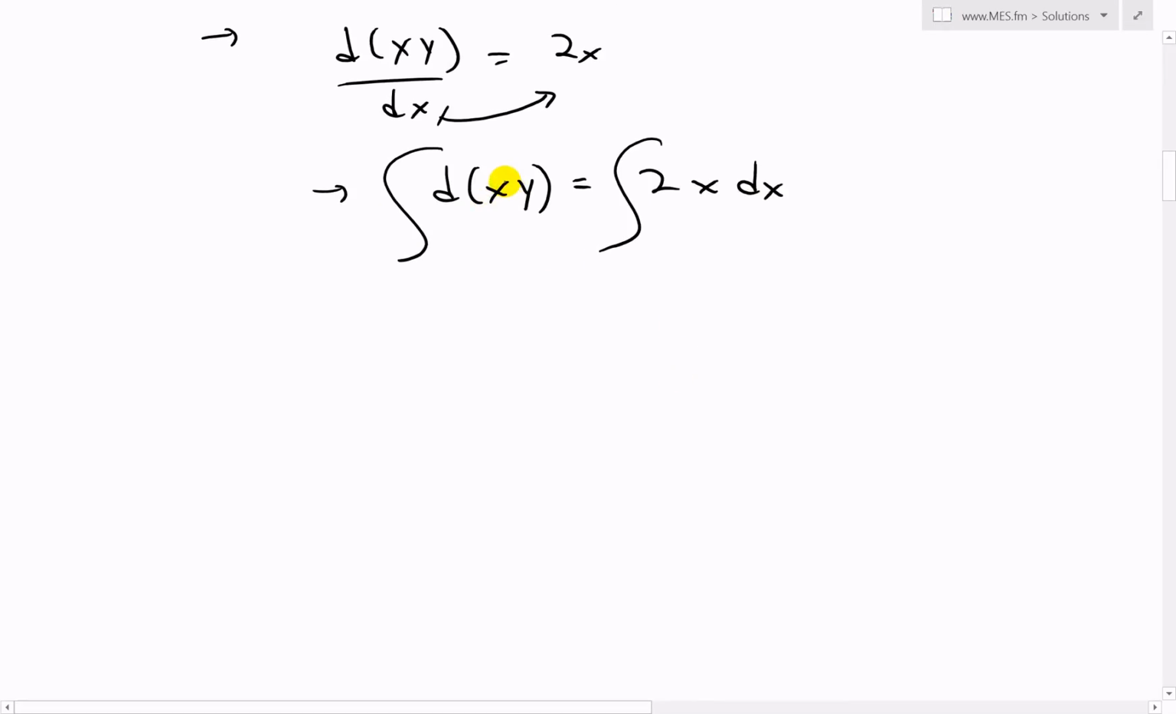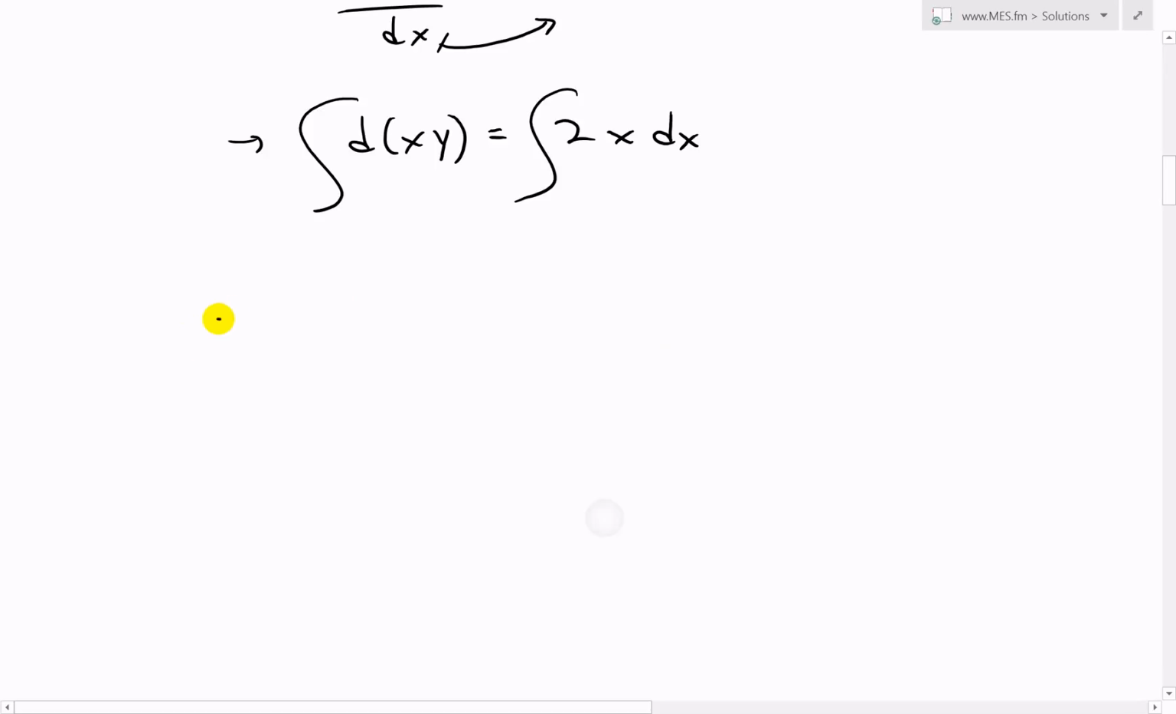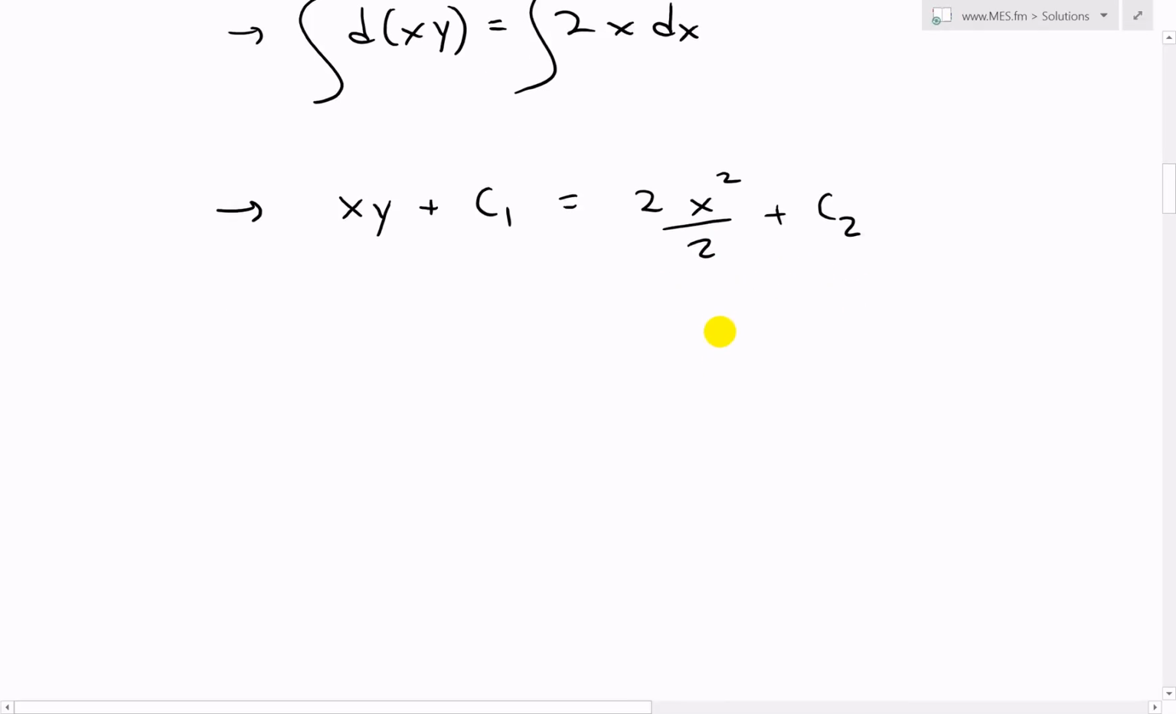So when we do that, the integral of d(xy) is just xy. Then we add a constant c1, the integration constant, because we'll have another one here. And then the integral of 2x dx: the integral of x is x squared divided by 2, so those will cancel, plus a constant of integration, we'll call that c2. So these cancel, and what we're left with is